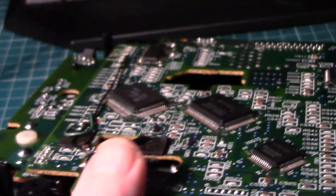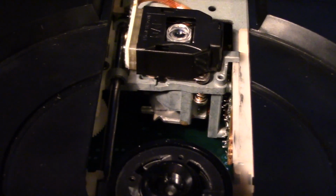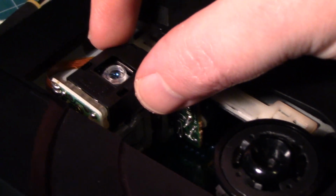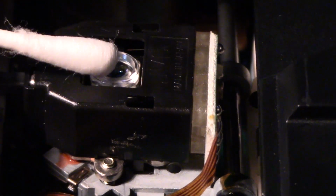And another thing I noticed about it, if I flip it over and get some light on it, if you look at the actual head itself, it's kind of at an angle. Yeah, this was definitely a parts unit. I mean that should be going straight across. I don't know how well it comes out there on the camera, but there's an angle and it should be flush. I was cleaning the other one with a cotton bud, just dipped in alcohol,